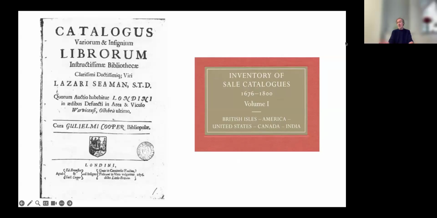Huge numbers of libraries over the last few centuries have been sold by auction or by retail sale, and there are lots of sale catalogues that survive for those libraries, or references to sales in early newspapers. So we may not have the books themselves or know where they went to, but we know that so-and-so had a library of 1,000 books, 3,000 books, whatever, because here is a record of that library which went through the sale room in 1700 or whatever. So there's a lot of data to be gleaned from there.